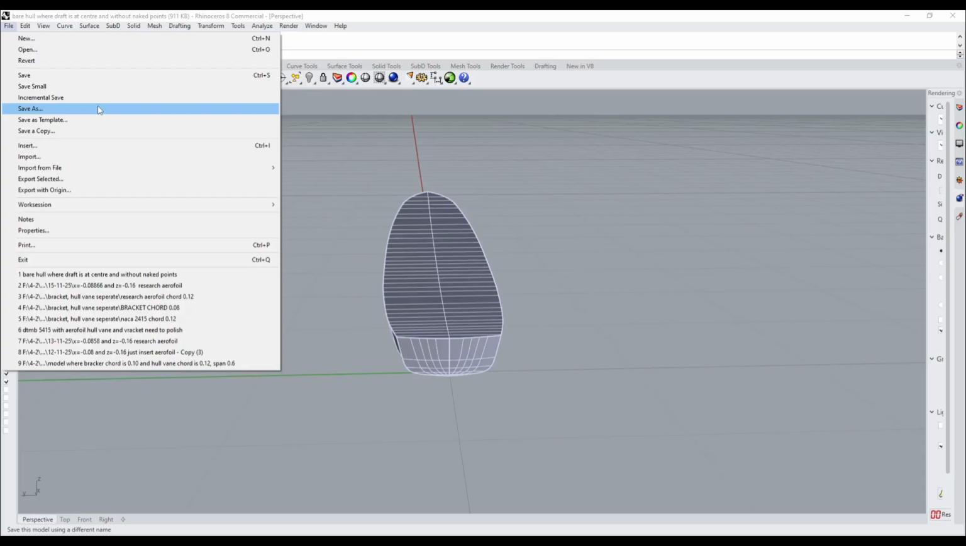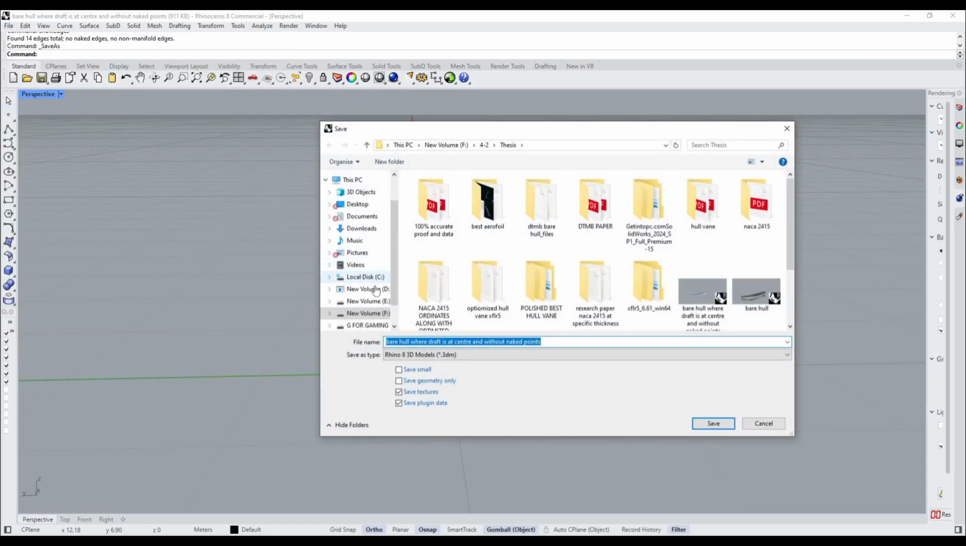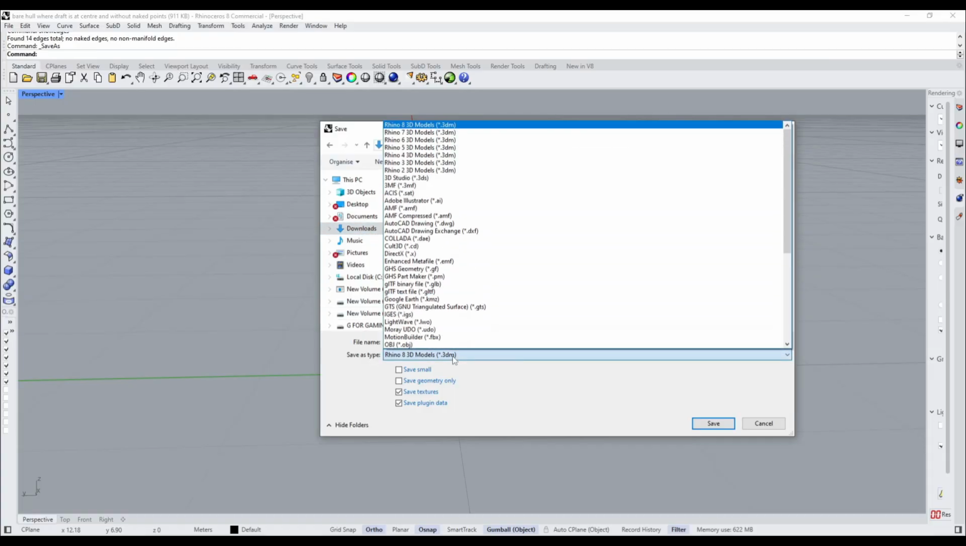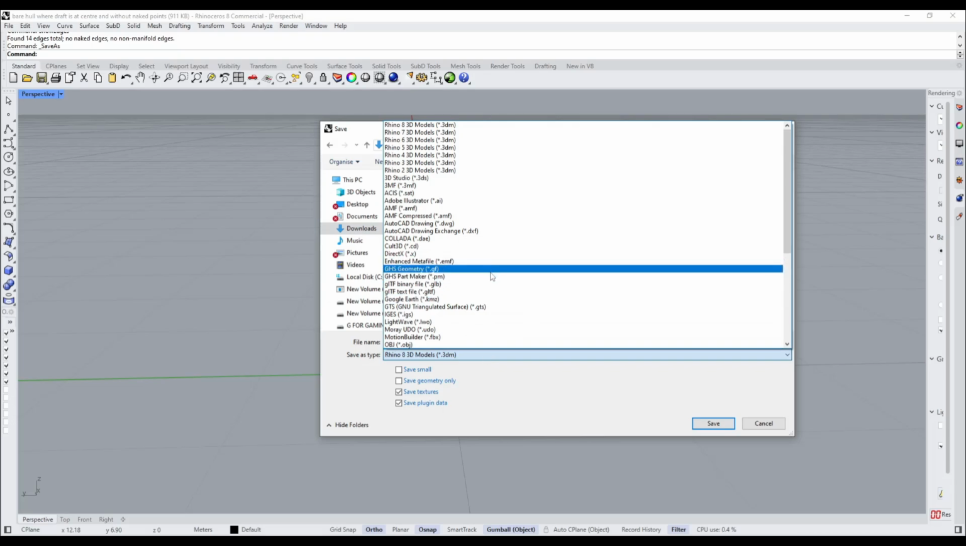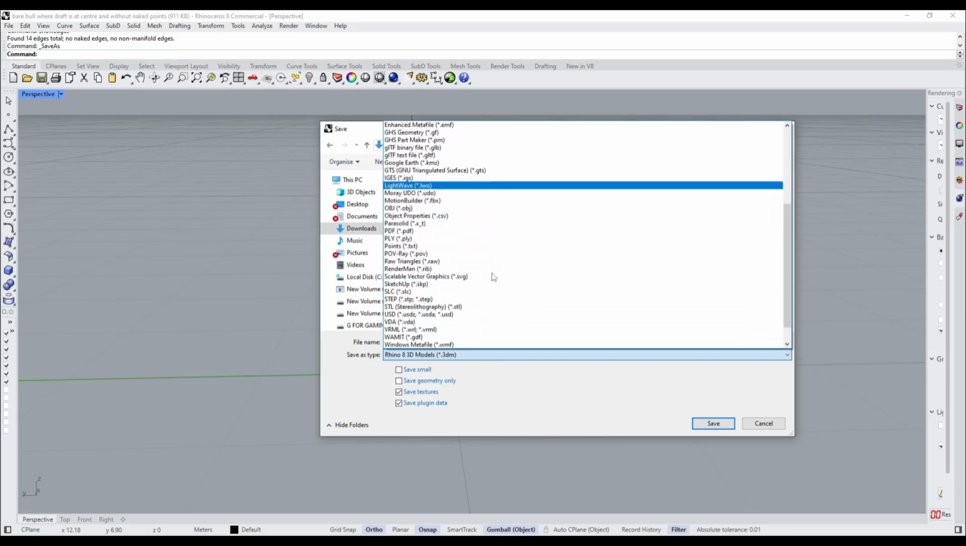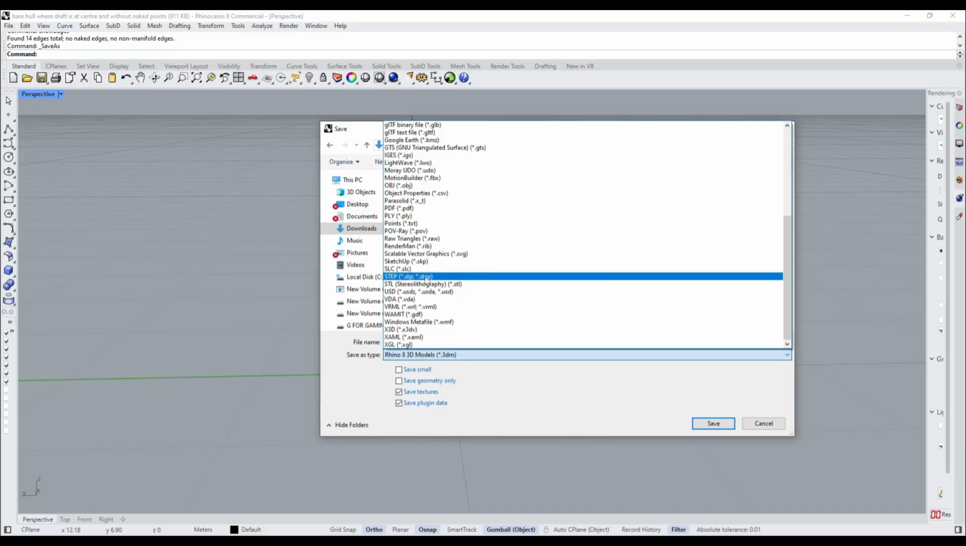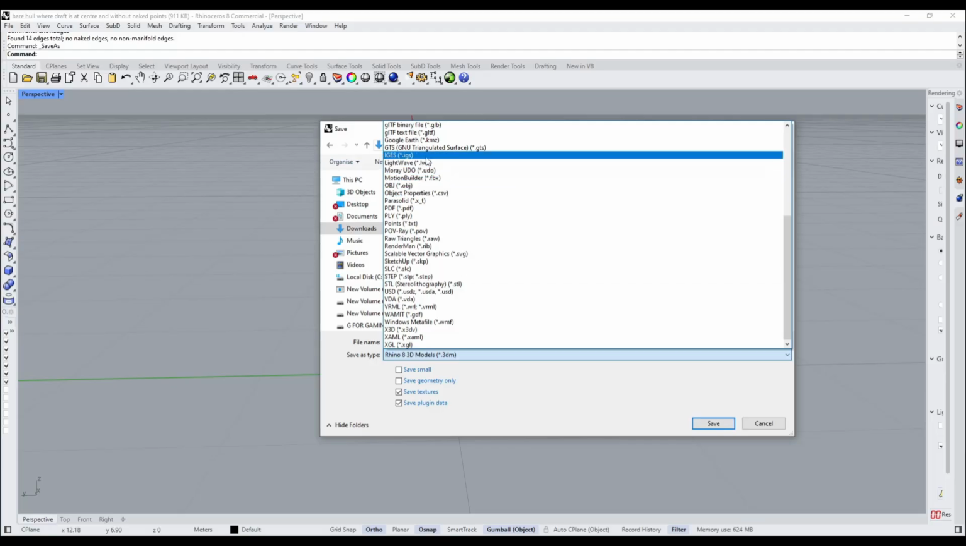But first, the most important factor is to save this file. Suppose we are saving it in downloads, and this is the most important: we will save the file as a STEP file. Most of the time, in most of the videos, it is shown as an IGS file, but in ANSYS Workbench 2024, whether you're running the student version or any version, importing from an IGS file sometimes